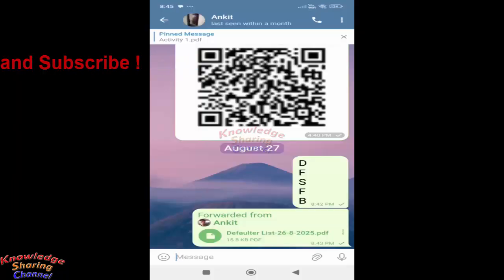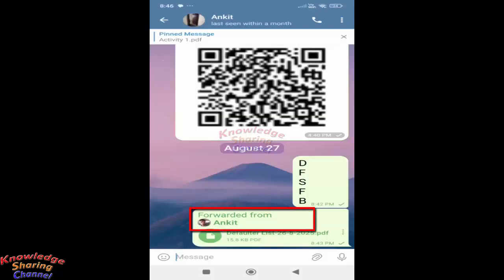Friends, in Telegram you have noticed that whenever you forward a message, a name is displayed on the top. Like here in this chat, you can see it on the top of the last message. So if you don't want this type of text to be written whenever you forward a message in Telegram, then